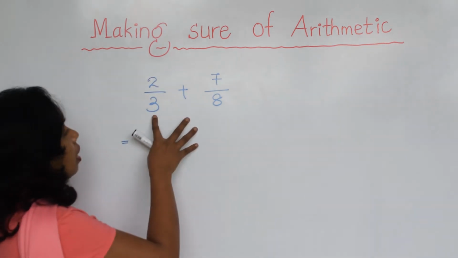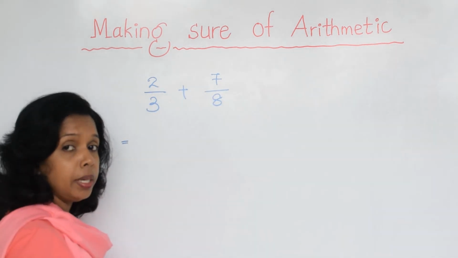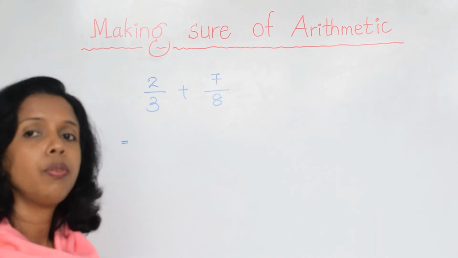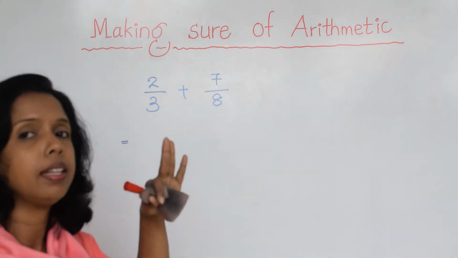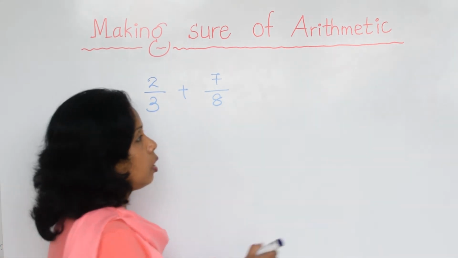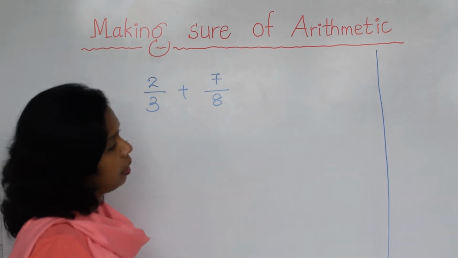Okay, so here now you can't add, those are fractions with different denominators. What is the method we are going to do? So we want to find a common denominator. For that we want to find the LCM of 3 and 8. Then you want to have a working column. I forgot to tell you in the beginning.